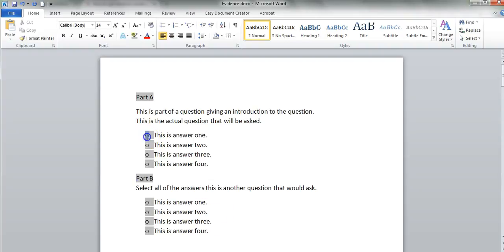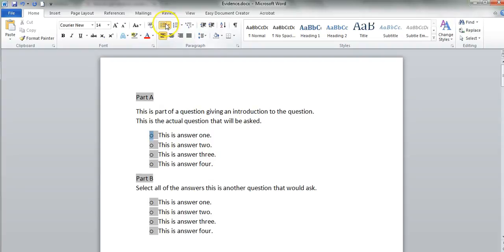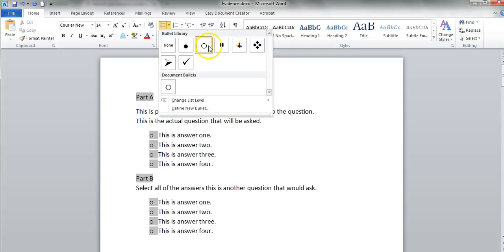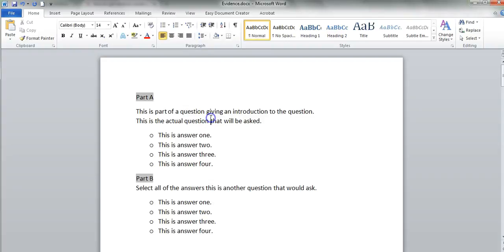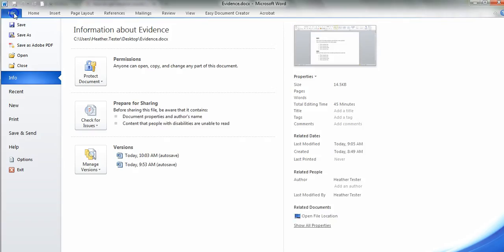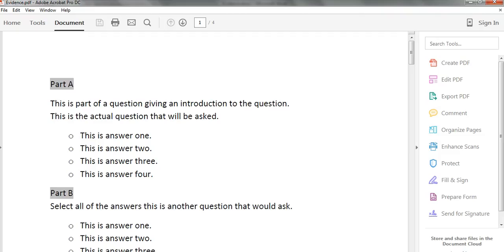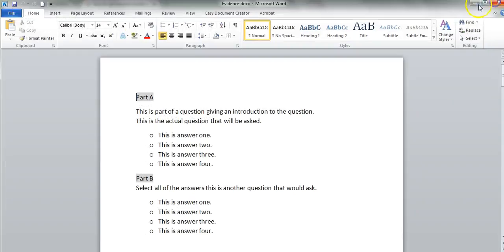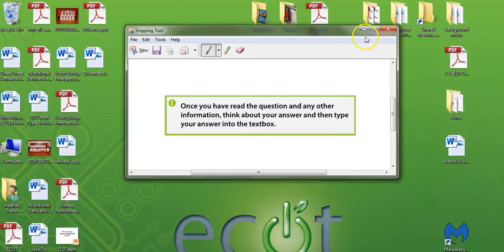And for these, I just used the bullet point button at the top and selected. But as you will see, it doesn't really matter what you select. The next thing you're going to do is you're going to save it as Adobe PDF. It will probably automatically open up for you, but what I want you to do is go ahead and close it because we're going to open it up